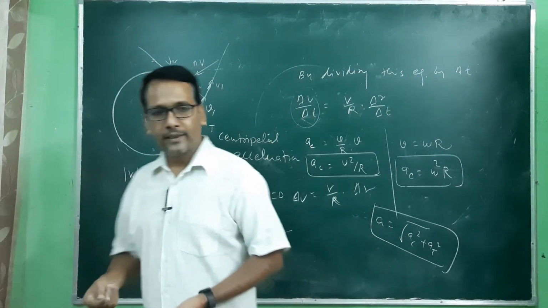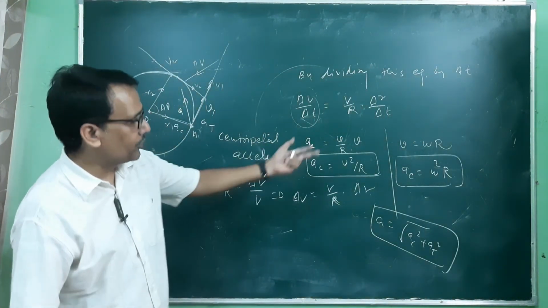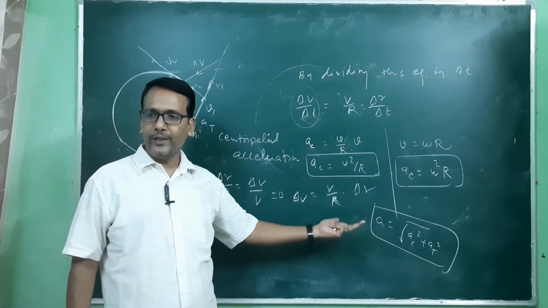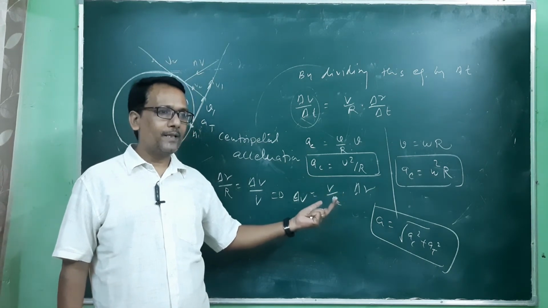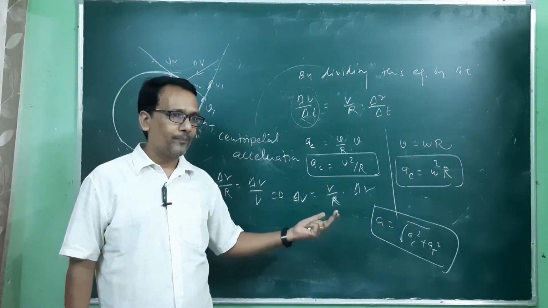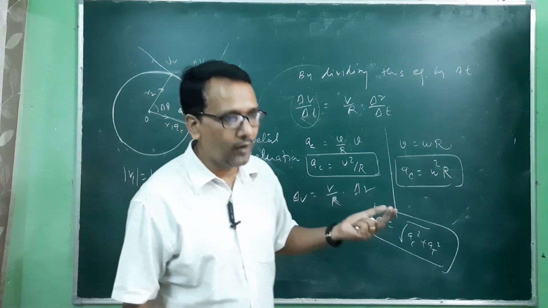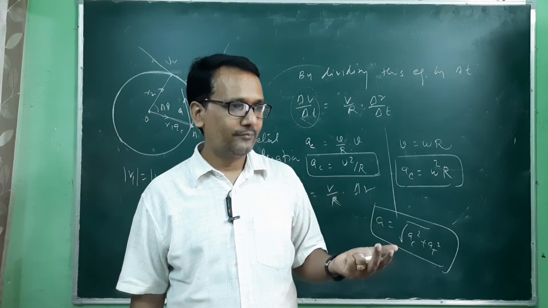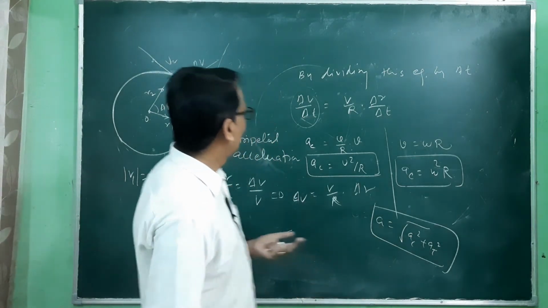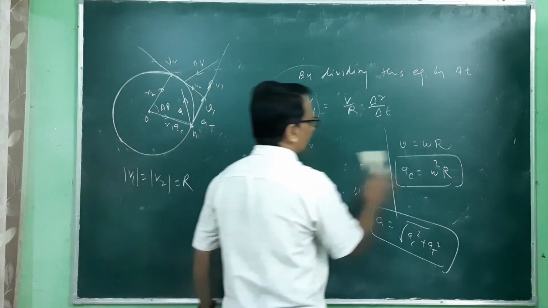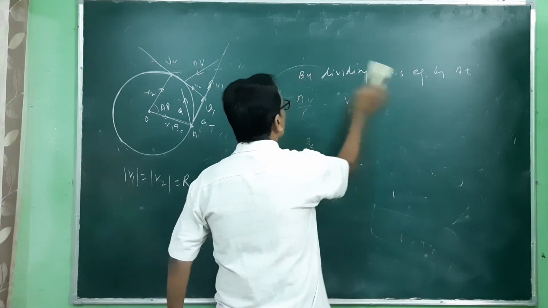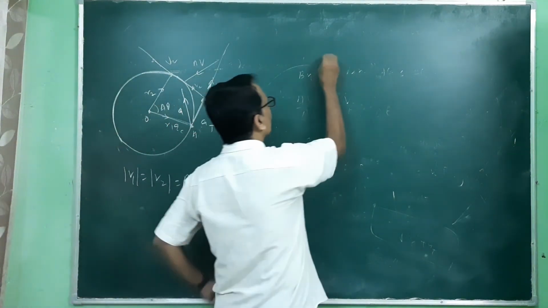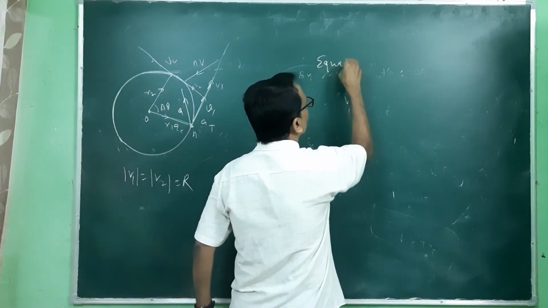Okay, I think you can have the equations of motion in this also. In place of v, you have to use omega. In place of v naught, you have to use omega naught. In place of a, you have to use alpha. And in place of s, you have to use theta. So just compare. 2 minutes लगेगा. So the equation of motion, ये complete हो जाएगा.